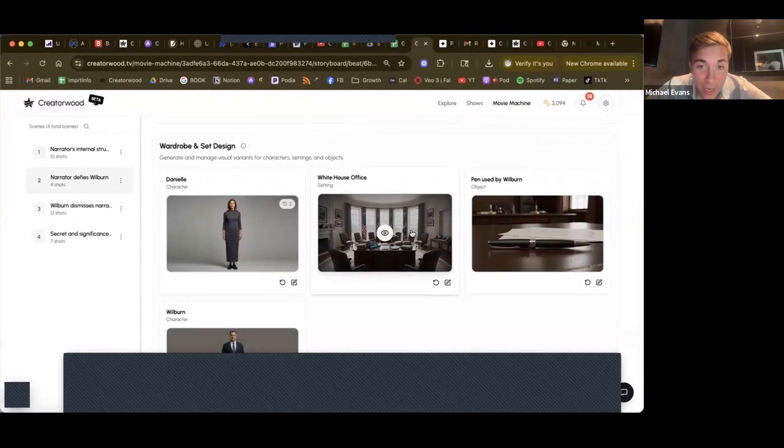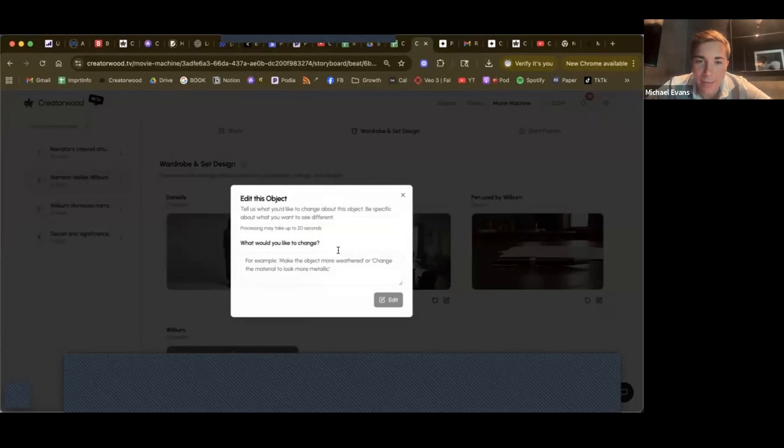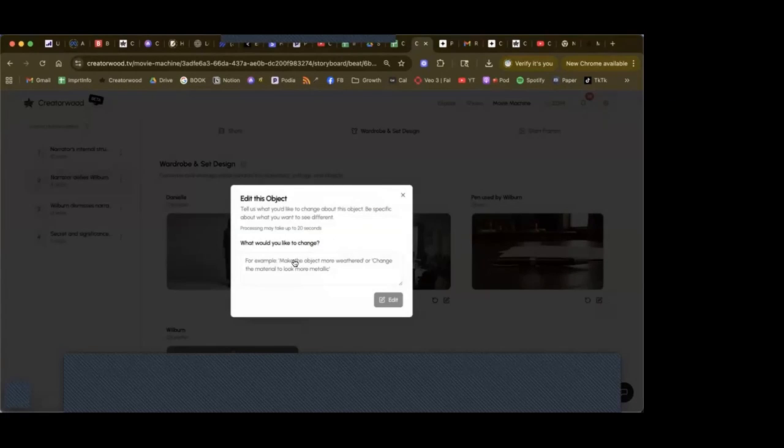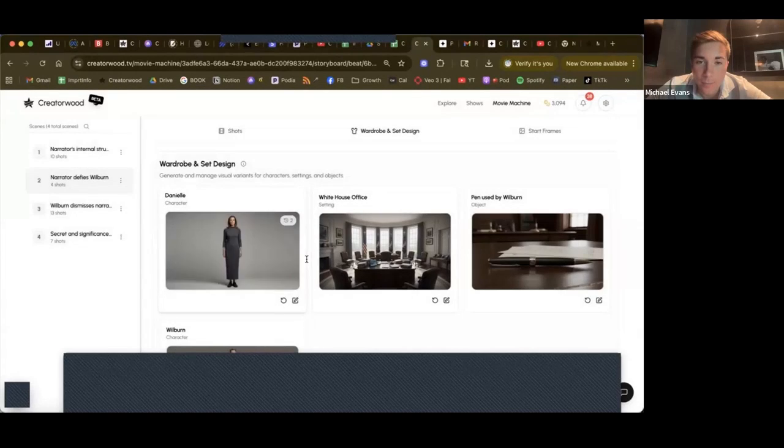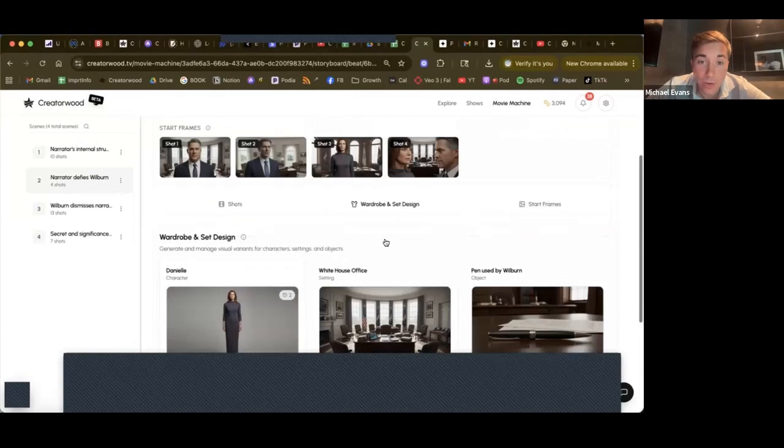I don't think it should be daytime in the Oval Office. I don't think the pen should be black. You can then press this button and edit it, right? I can edit this object. I can edit the character. So I can edit what she's wearing and essentially generate that variance